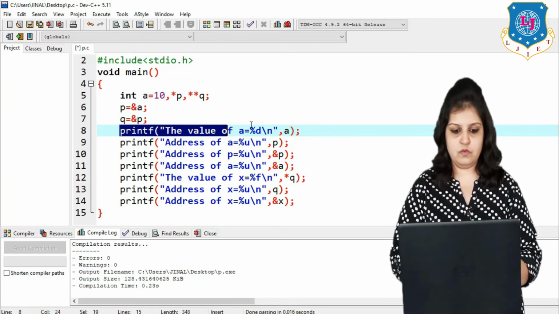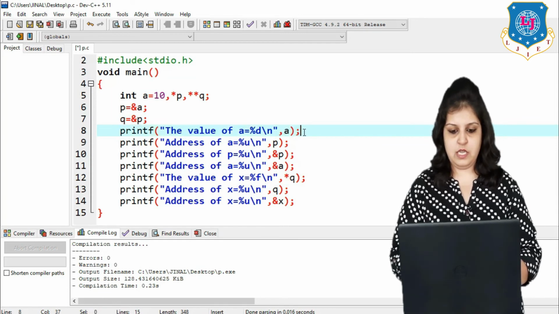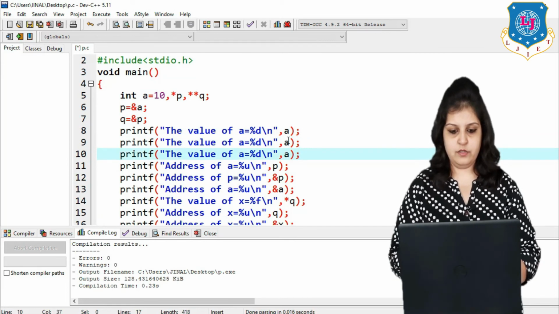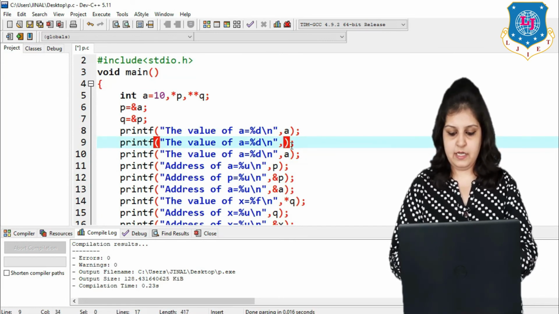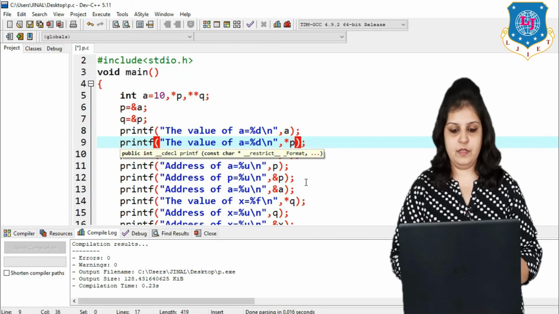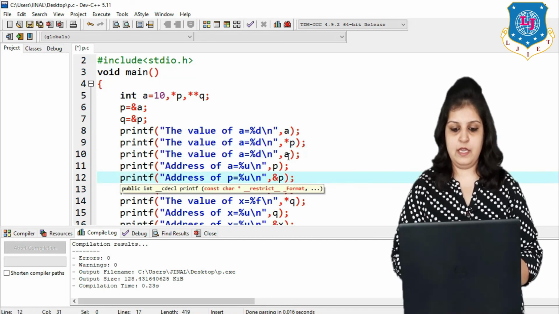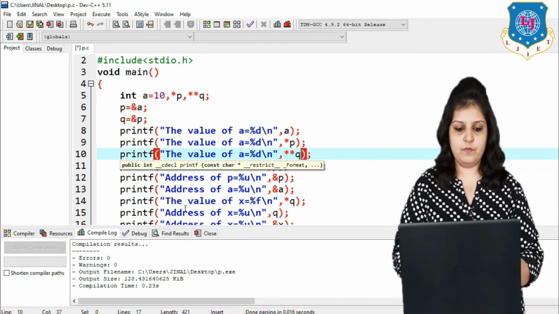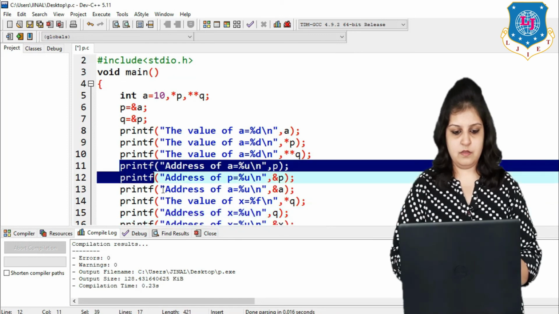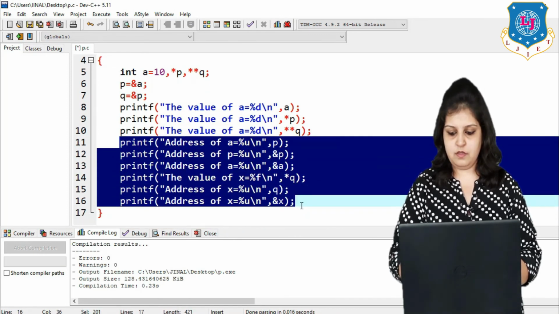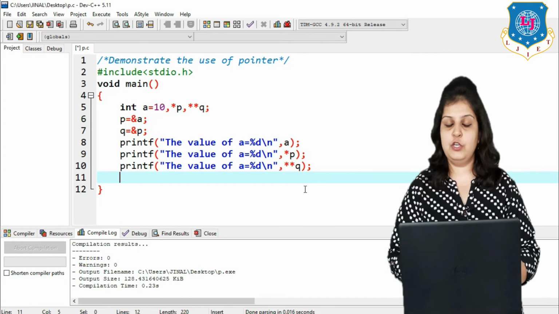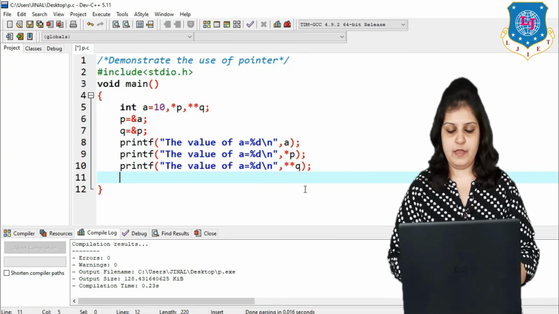Now Control C, Control V, Control V. Here I am writing pointer *p. So again it will print the value of a, and here I am writing double pointer **q. So just remember the concept of the double pointer. By using double asterisk q also you can access the value of a.